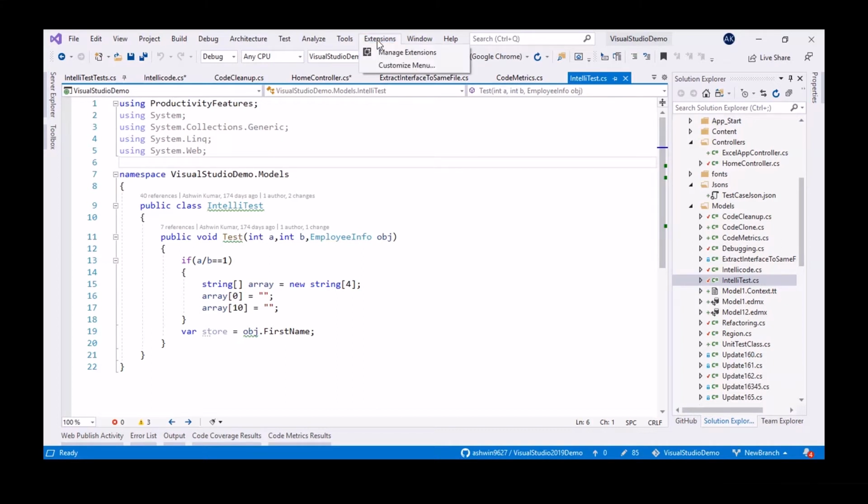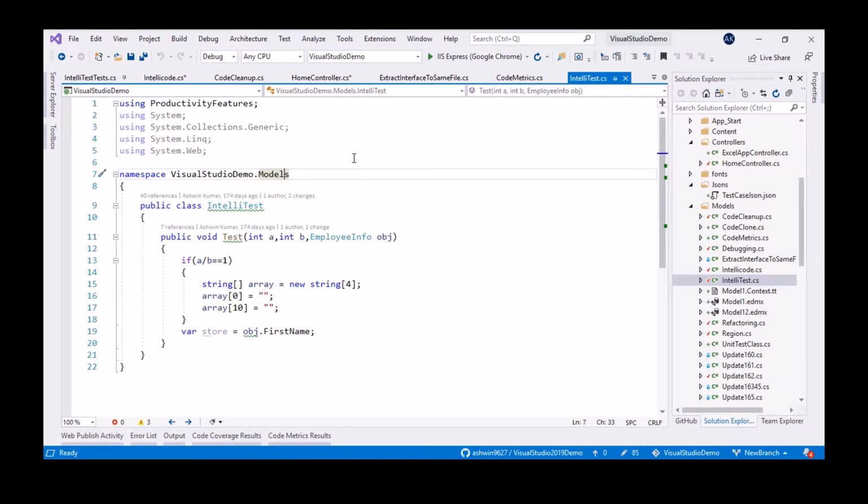Before, if you wanted to install an extension from the Visual Studio Marketplace, you would go to the Visual Studio Marketplace online, download the extension to your system, and then install it from your system into your project. It's quite a long process.